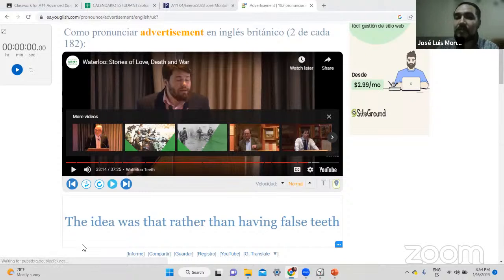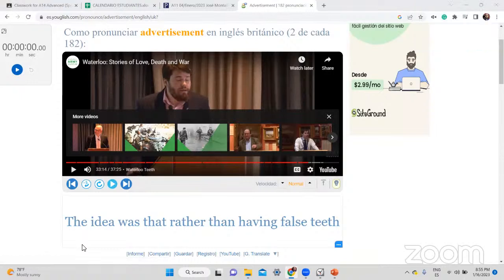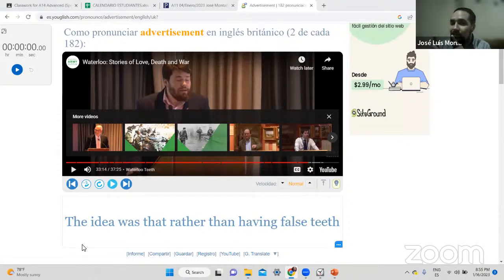What is the vowel that is pronounced differently in both cases, Michaela? I don't know if you spotted that. What is the vowel that is pronounced differently in American English and in British English? Is it the A? Is it the E? Is it the I? You have those three vowels. What of those is pronounced differently? Maybe in the second E, but I am not sure. All right, close. It's actually the I, right? This I.